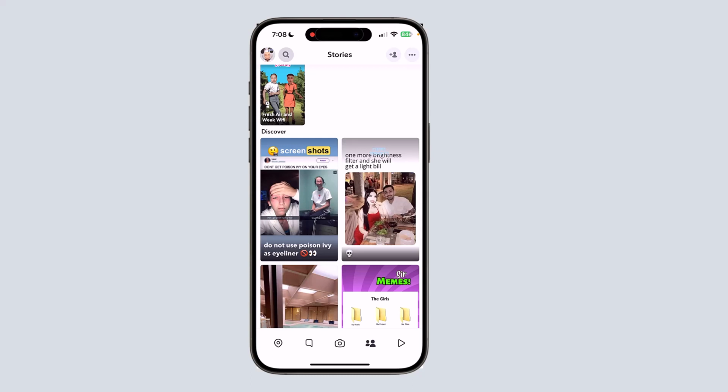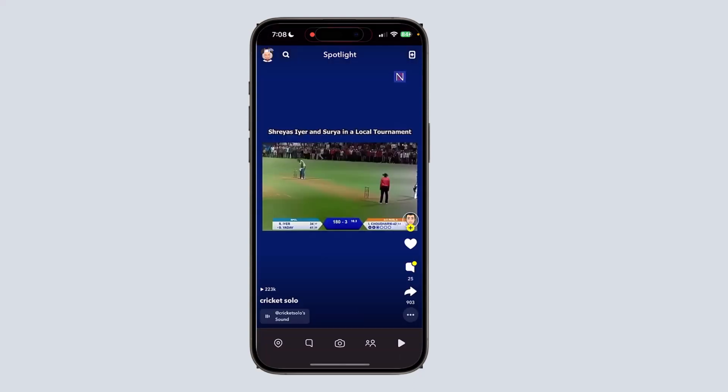So if you didn't know, there is a feature called Spotlight on Snapchat where you can upload your favorite videos or the videos you want to make public. All you have to do is go ahead and press on the bottom right of the screen that says Spotlight,